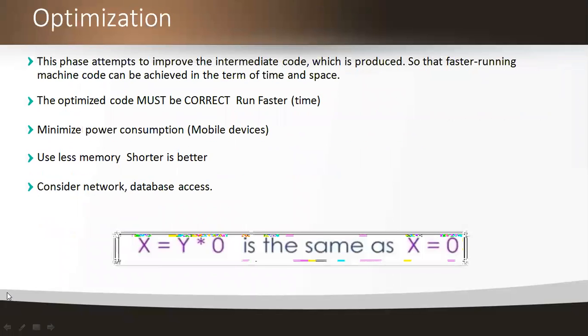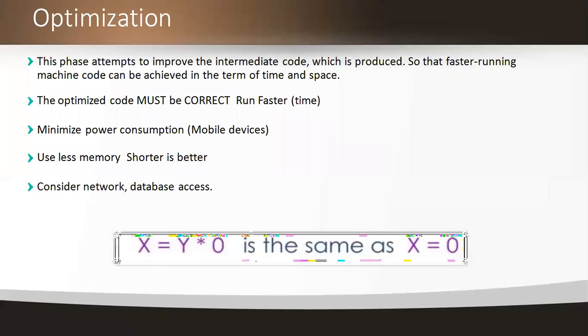And now the next one. The intermediate code representation is taken as input to the code optimization. Here the code should not be changed, but after applying the techniques of optimization, we are improving the intermediate code representation.